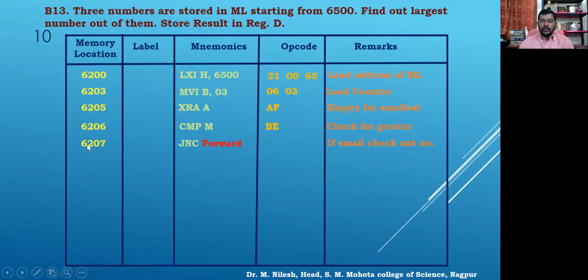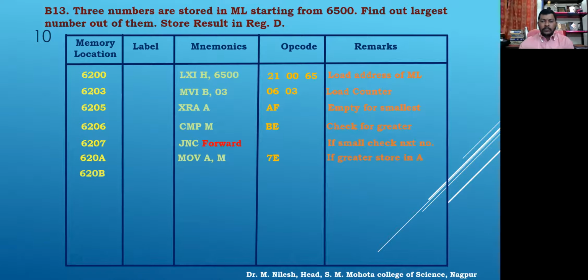So here it is starting from 6207. We will have 6208 and 6209, and the next instruction will be in the memory location 620A. Now we can move the content of the memory because it is greater than the accumulator. So we have to move it into the accumulator. We are loading the highest number among the two in the accumulator itself to check against another number. So the greater number is stored in the accumulator.